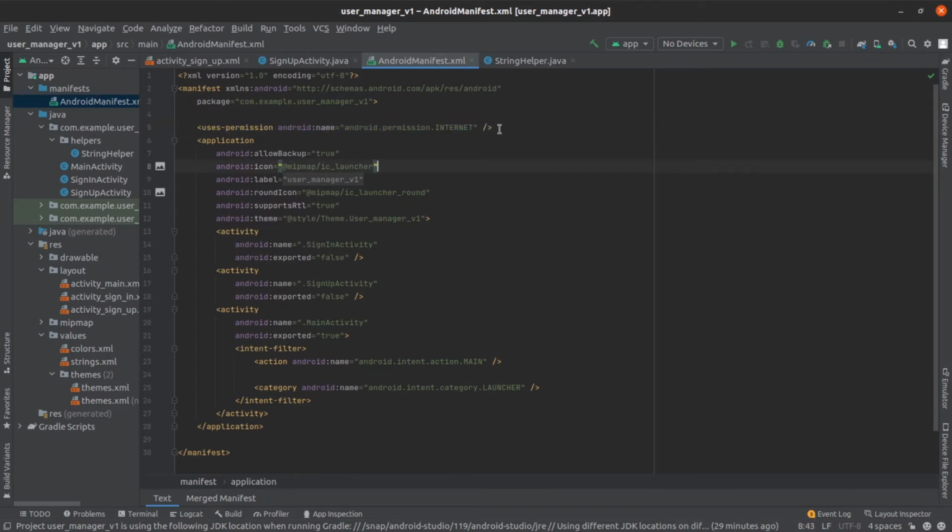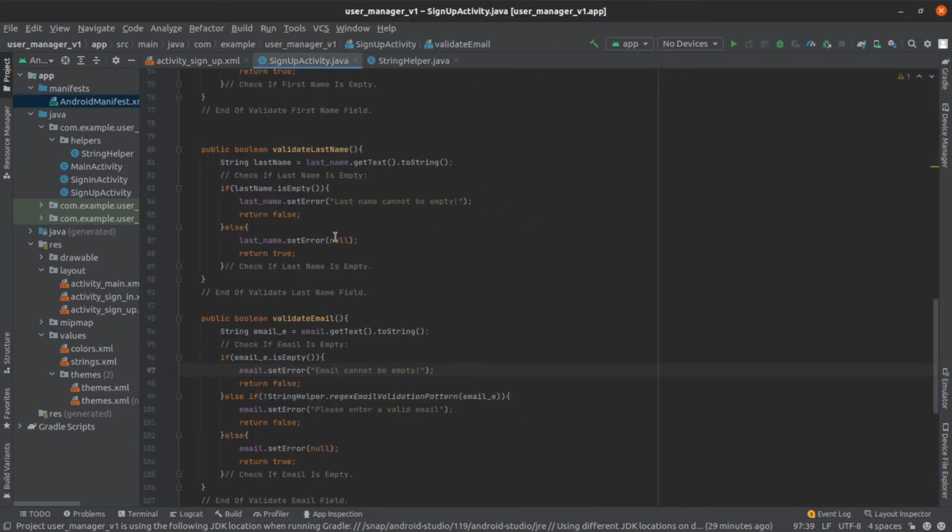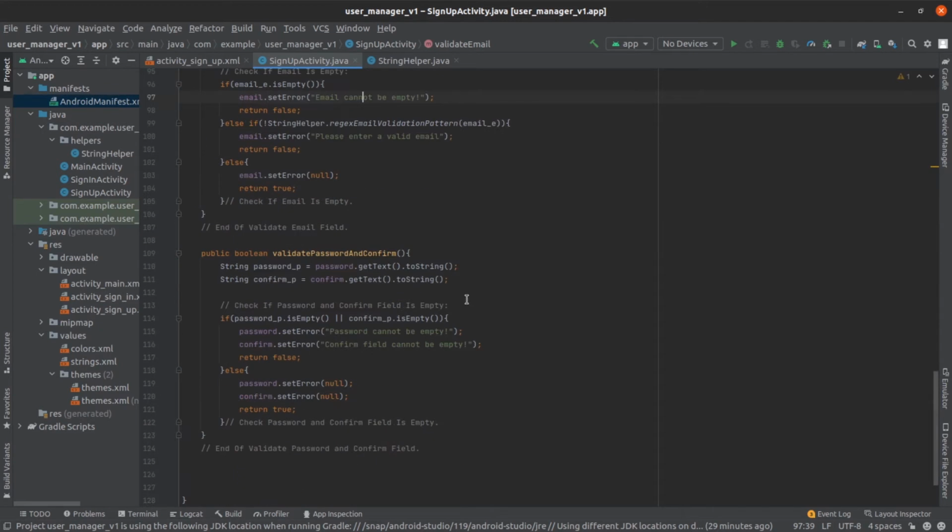So if you didn't have it, just pause the video, copy or type out what you see there, and then once we're done, that's pretty much it when it comes to the manifest file. So we're going to close the manifest file, and then there's one last thing I want us to do in